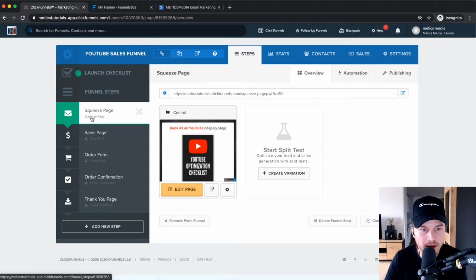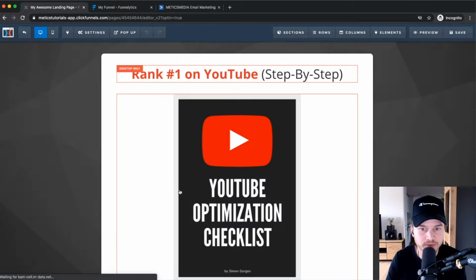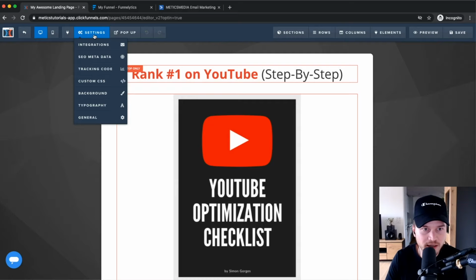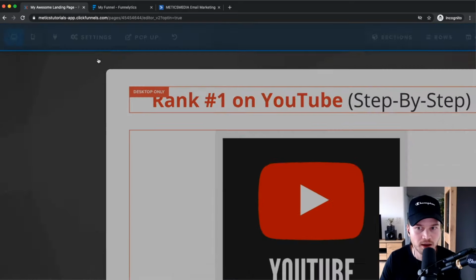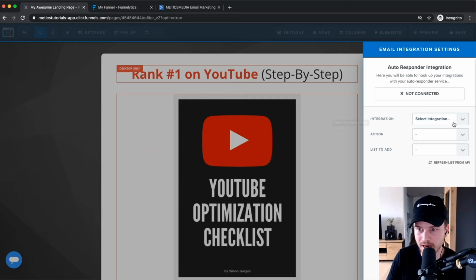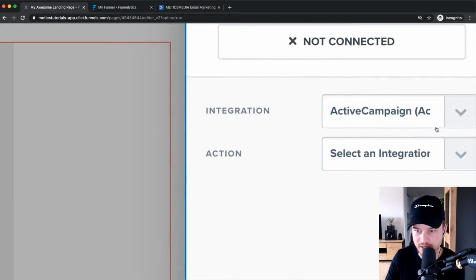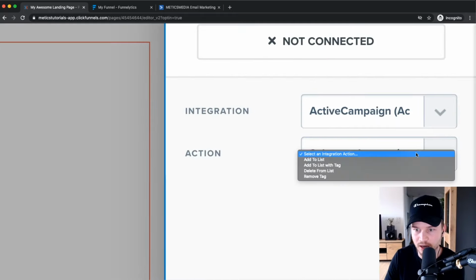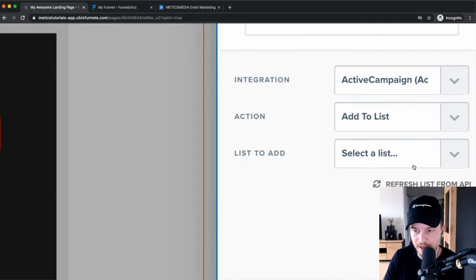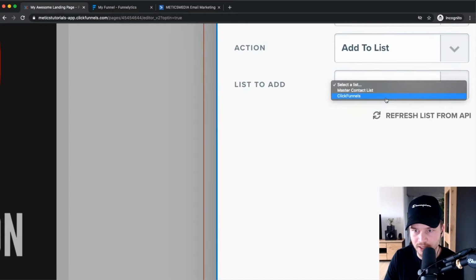So here, let's go back into our opt-in page, click on edit page. And then we go to settings on the top here, click on integrations, and then we select an integration. So click on integration, and we go to ActiveCampaign, which is the one we have just added. Action: let's do add to list. And then we have to select the list. So I'm going to select